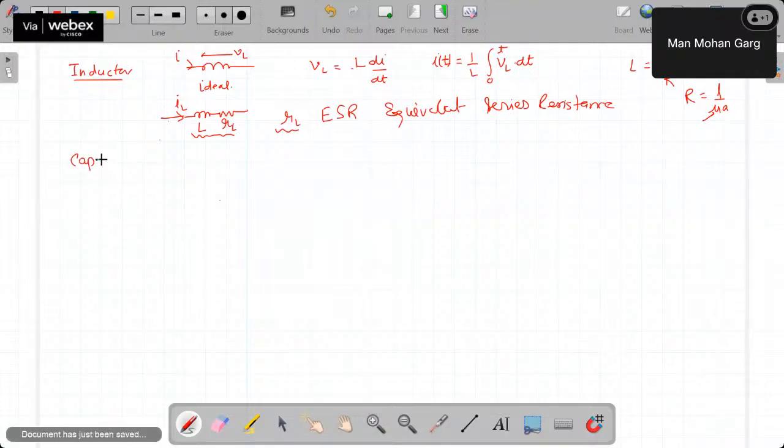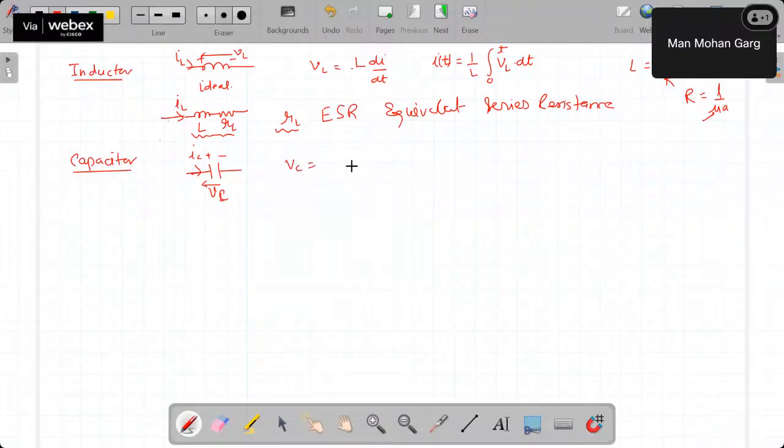Now similarly, we have another component, that is the capacitor. Now this capacitor is there, and whenever there is a current through this, then there will be voltage across this. We'll take this polarity: the side on which current is entering, we will mark it as positive. Similarly, in the inductor case also, the side of the inductor through which the current is entering, we will mark it positive, right? So in this case, this VC